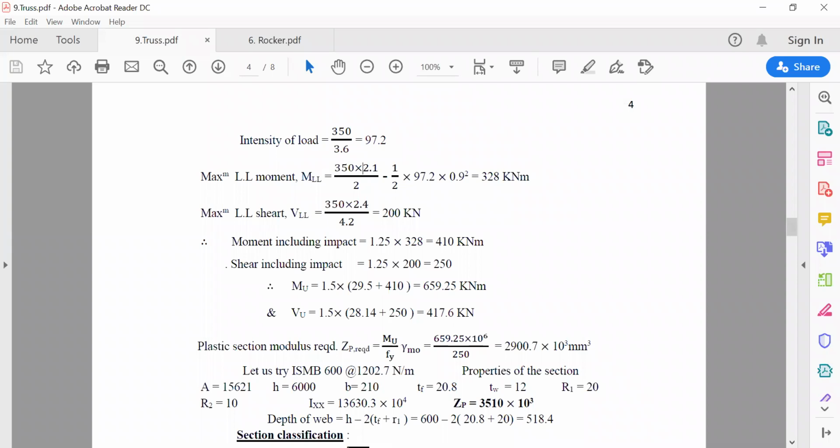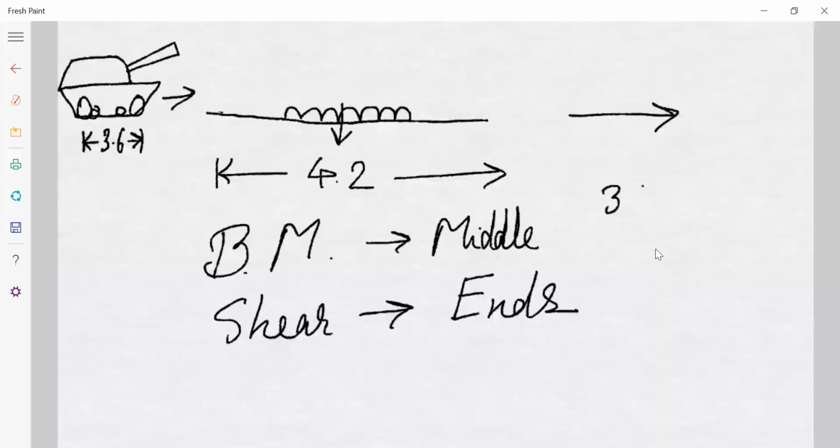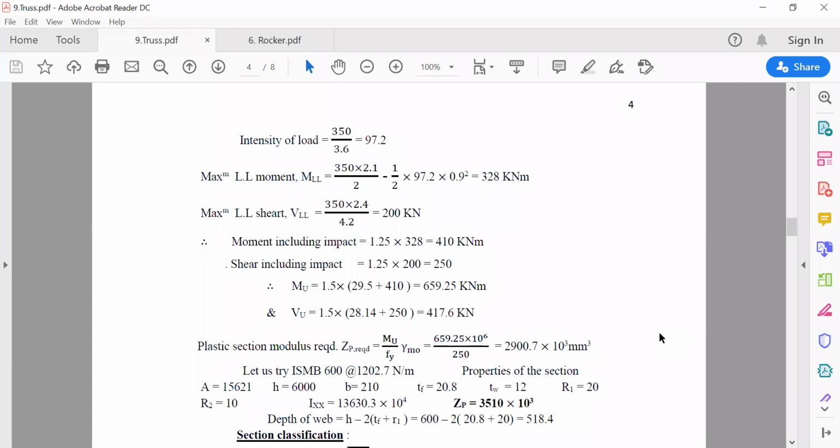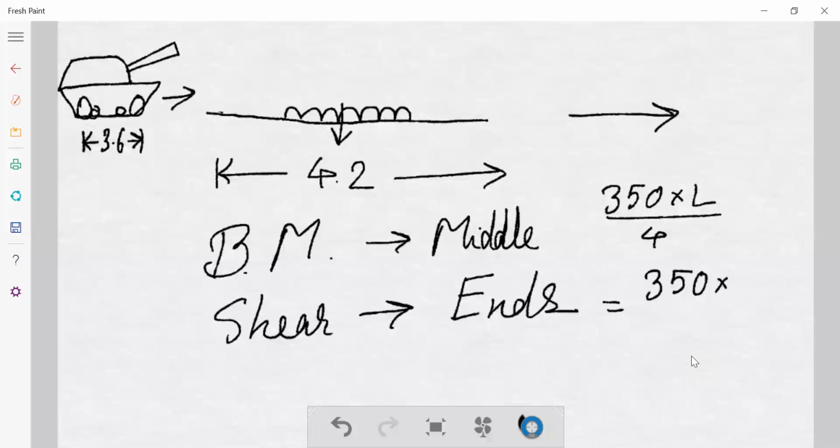So this is 350 into 2.1 by 2. That means 350 into 4.2 by 2 divided by 2,